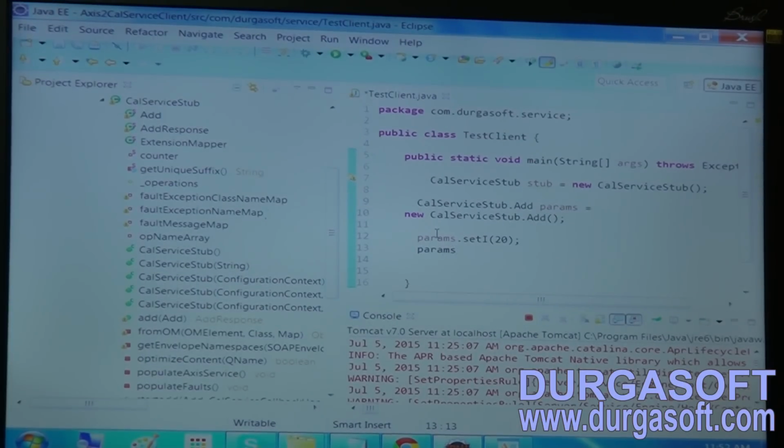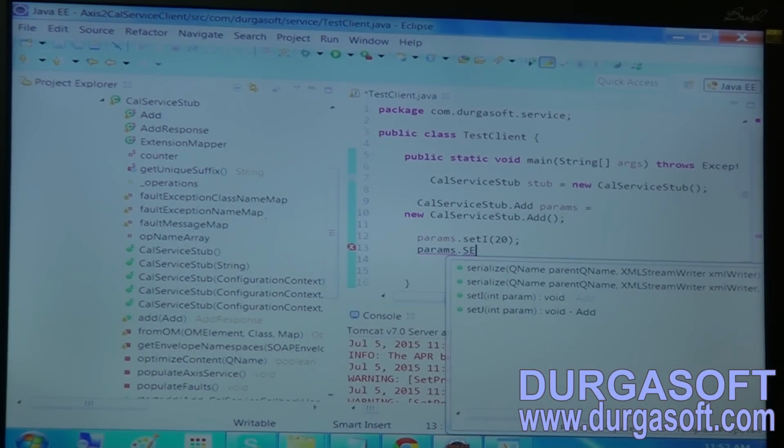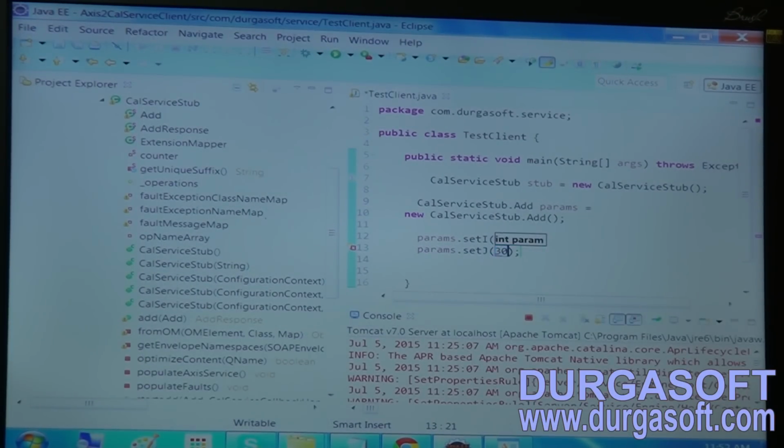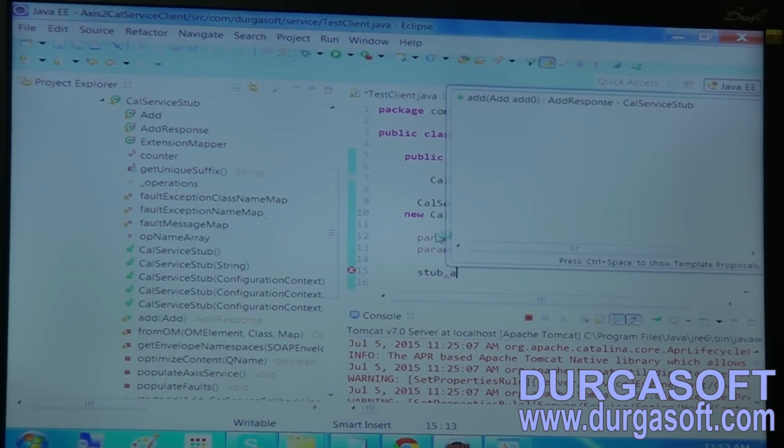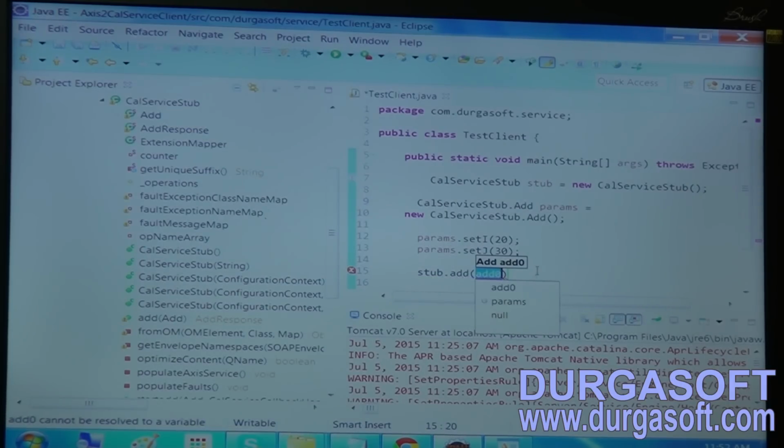Same way params.setJ, the second parameter, let us say some 30 here. Okay, so now the parameters are done here. Now invoke stub dot add method, by passing this Add inner class object, that is params here. So params contains the parameters here.